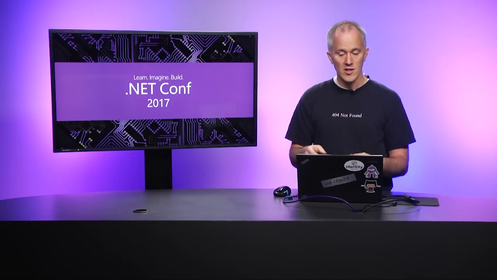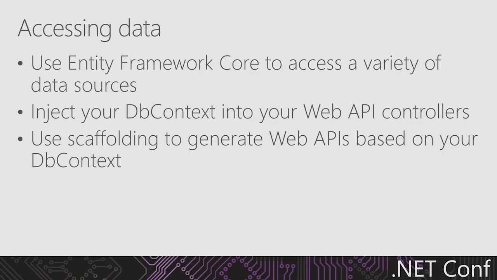Well, in ASP.NET Core, you can use Entity Framework Core to access a variety of data sources, both relational and non-relational data stores, SQL or whatever. And we can use Entity Framework Core as our backing data store. You create a DB context to interact with whatever data provider you're using. Could be SQL Server, could be an in-memory store, could be whatever. And then through dependency injection, you can make that DB context available to your APIs. And then when you're implementing your action methods, like that post action, you can actually write some database code using